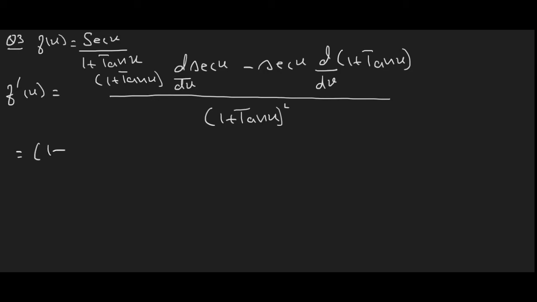So 1 plus tangent x, derivative of secant x is secant x tangent x minus secant x